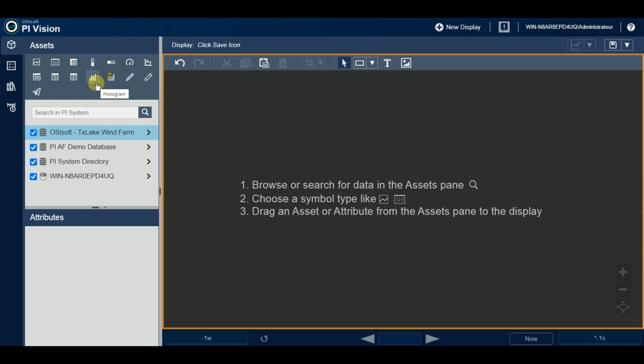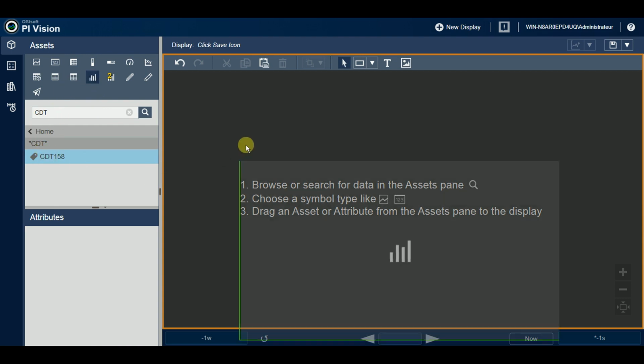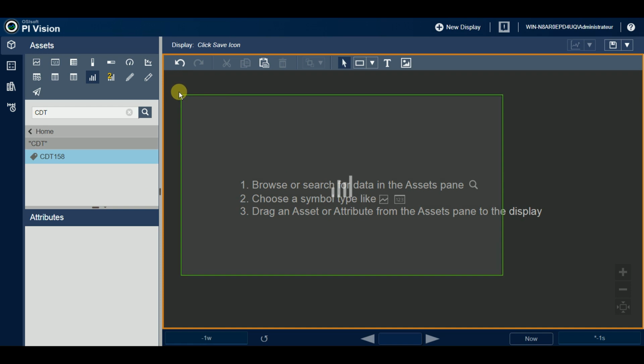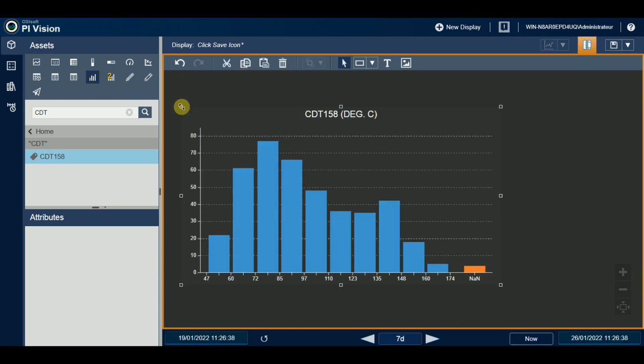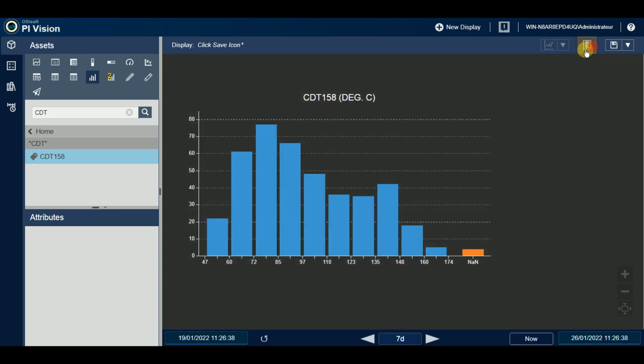Here is the icon of the histogram symbol. Let's try it with the core Pi tag named CDT158, which holds temperature values. Like other symbols, you have to select the symbol's icon, then drag and drop the data source into the Pi Vision display. By default, the symbol displays a title for the chart, which contains the name of the data source,